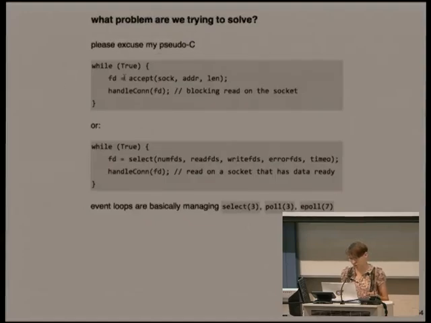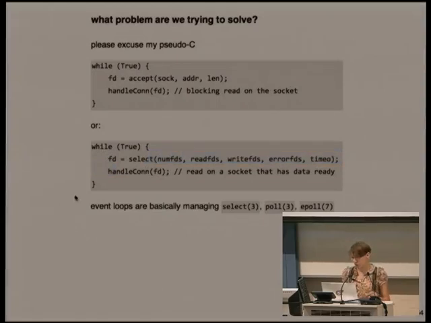So what are people really trying to do when they take this approach? Well, basically, they want to avoid this problem where sequentially you're saying, get us a connection from this socket and then handle it. So usually in C, the solution would be, excuse the fact that I don't really know C very well, you'd say, well, here are the file descriptors that I'm monitoring to have data available, so I'll wait till there's data available on them and return the file descriptor that has data ready to be read or written to, and then you handle that. It's still kind of blocking if this is single-threaded, but it's a lot better.